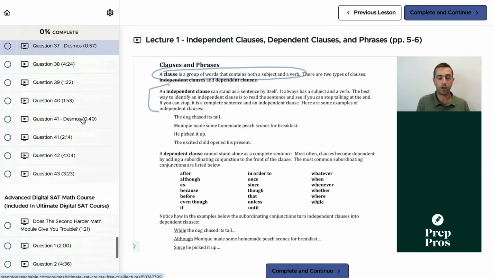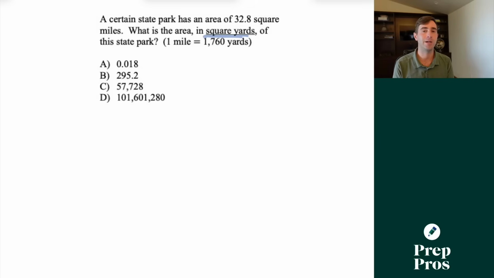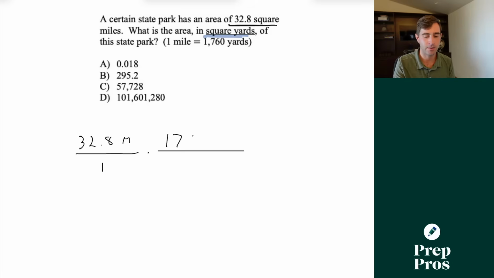Now, the part that trips up a lot of students with these is they treat it like a very simple basic unit conversion question where we have 32.8 square miles, so they do 32.8, and then they just do miles over 1. And then they're like, okay, well, I need to cancel out the miles, so I'll do my 1,760 yards over